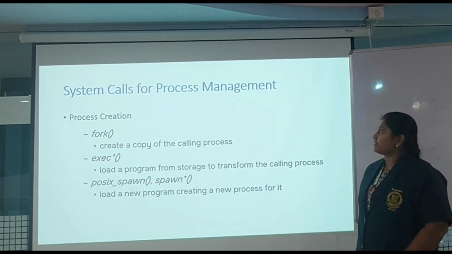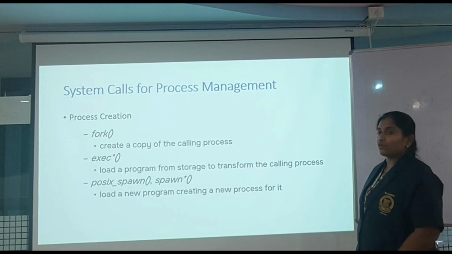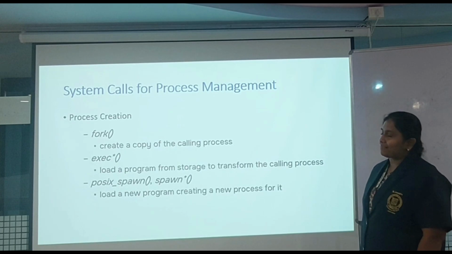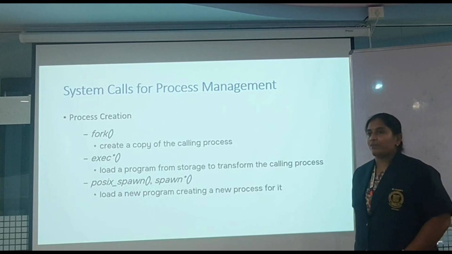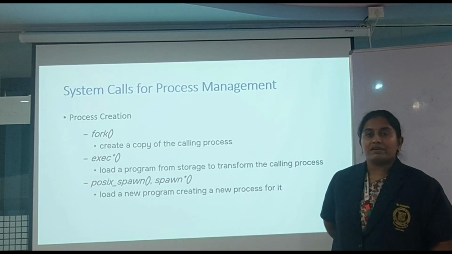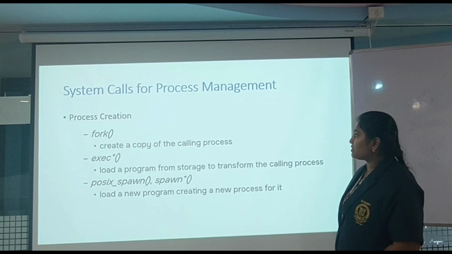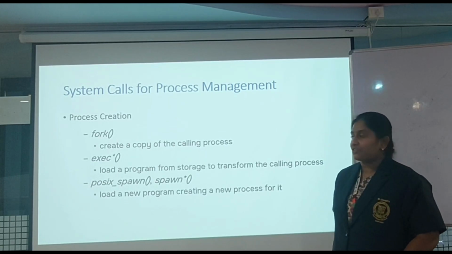So we will see the system calls that are available in QNX OS in order to maintain or work with processes and threads. So first is process creation. How to create a process? It is very simple. Either you can call, it is done in two steps, fork and exec, or simply a single function call